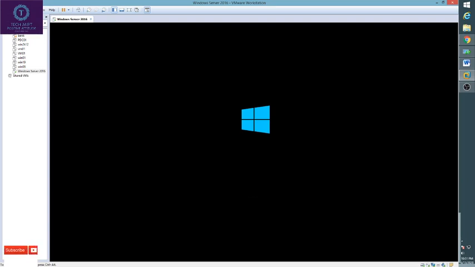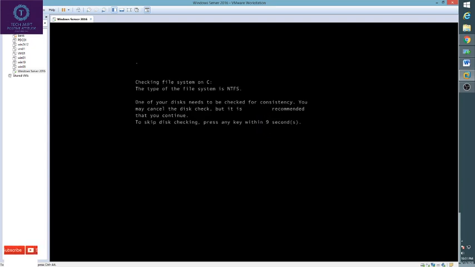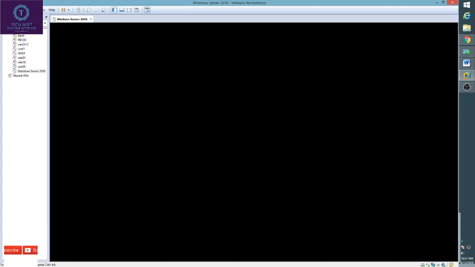This same process can be used to reset any Windows operating system, that is Windows 10, Windows 8, Windows 7, Windows Server 2008, Windows 2012 R2, Windows 2016. Any Windows operating system, you can use the same steps.